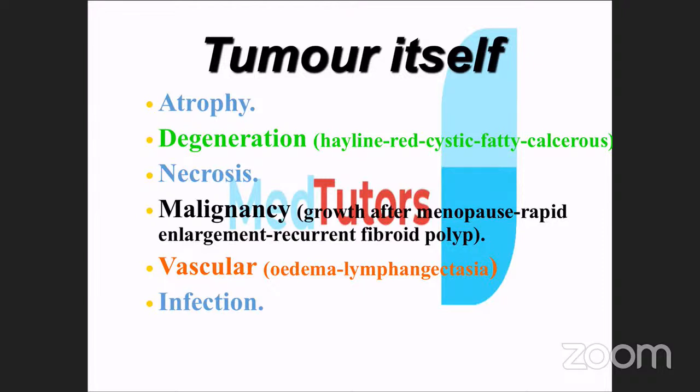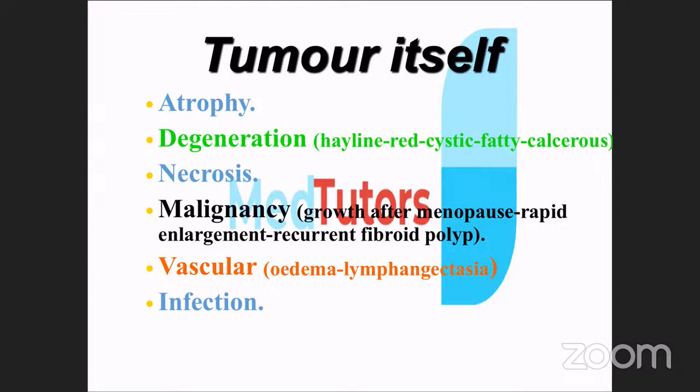It may undergo necrosis. Remember, we said at the cut surface, you have interlacing bundles of muscle fibers and few blood vessels. Now, because of the few vessels, as the fibroid is growing faster, it will outstrip the blood supply, and sometimes it undergoes spontaneous necrosis. Rarely, it can undergo malignant transformation,